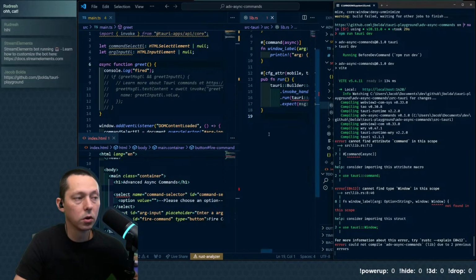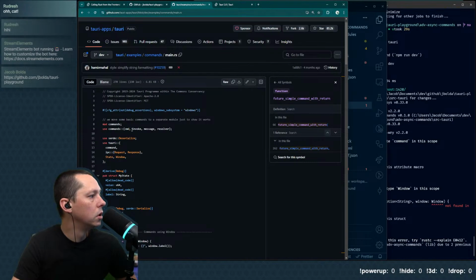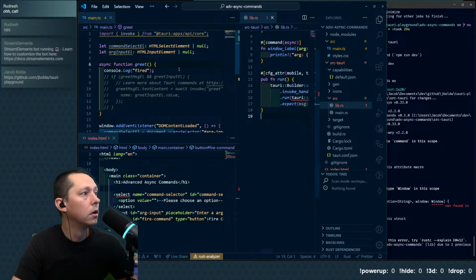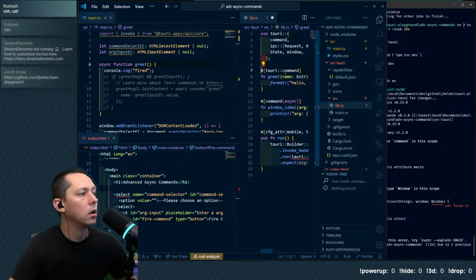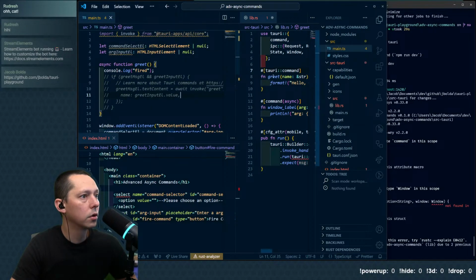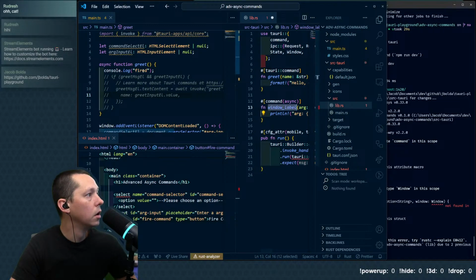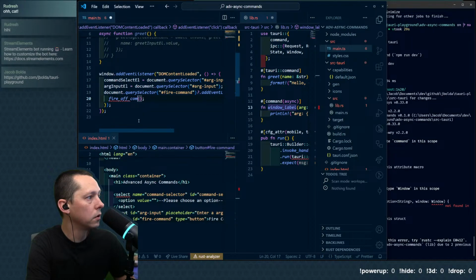Cannot find type window in this scope. That makes sense. We need to, just coming from Tauri, right? Yep. We're going to have to fix some of these too. We are calling function greet, and invoke greet, and here we're calling this. So we'll just generically call it fire off command.